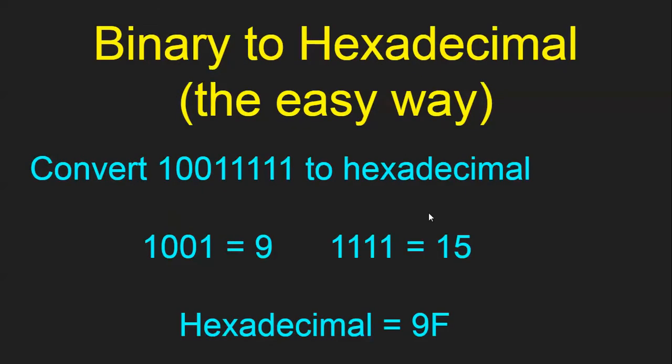So let's talk about converting binary to hexadecimal. I'm going to show you the easy way, and if the easy way works for you, then this is really all you need to know. But if you want to understand it at a deeper level, I'll also explain it the hard way, or the longer way. So if you get a string of 8 bits, and you have to convert those bits to hexadecimal,